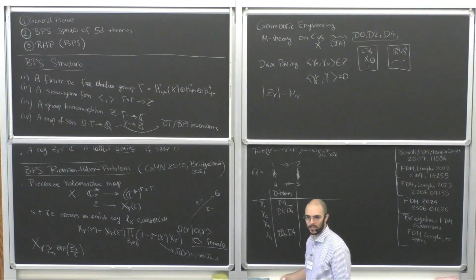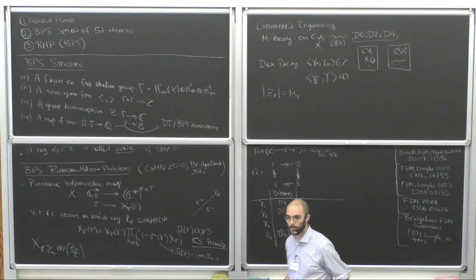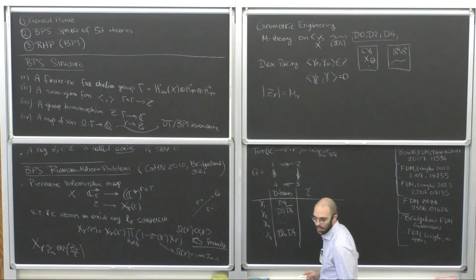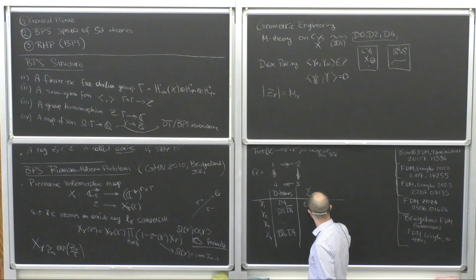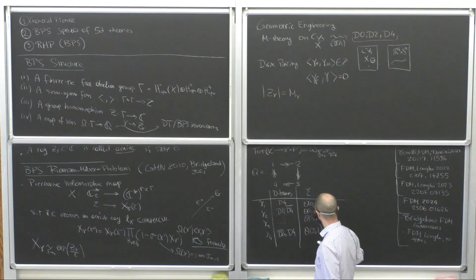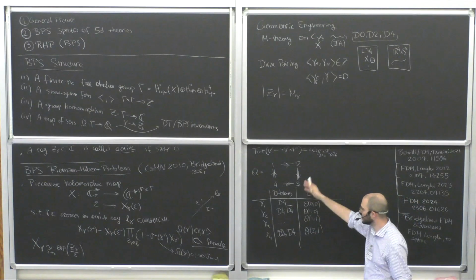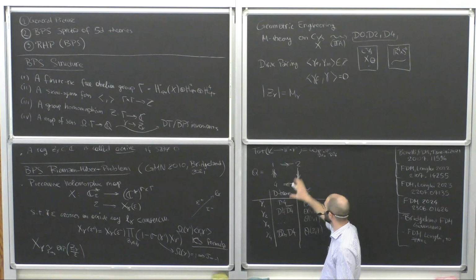If you're more mathematically oriented, in terms of sheaves, gamma 1 would be just the line bundle omega 0, 0. Then you have omega 1, 0, omega 1, 1, and then omega 2, 1. So you have a concrete basis of sheaves over the space, or of D-branes over the space, and you write